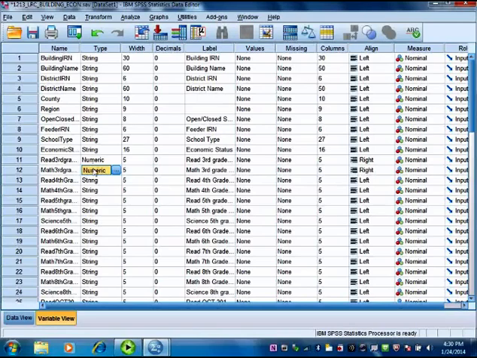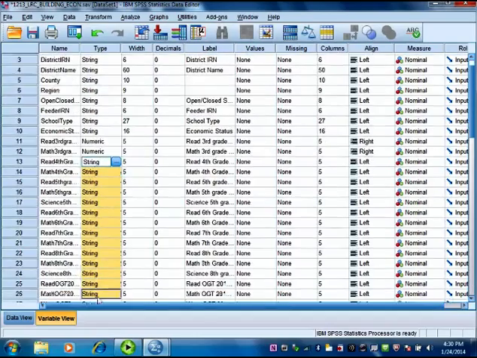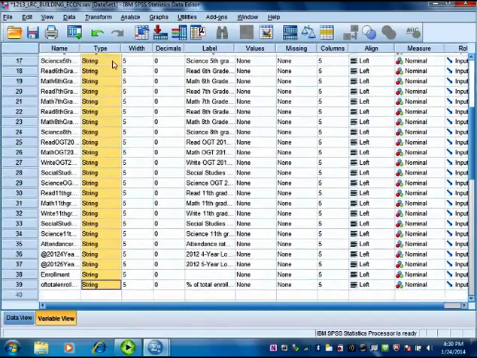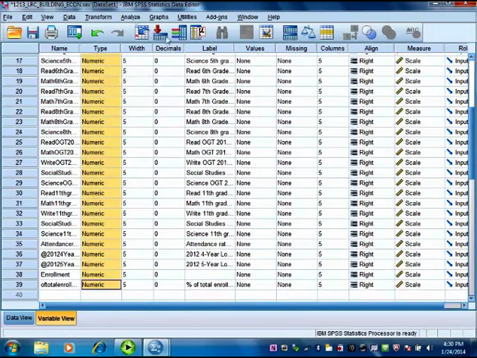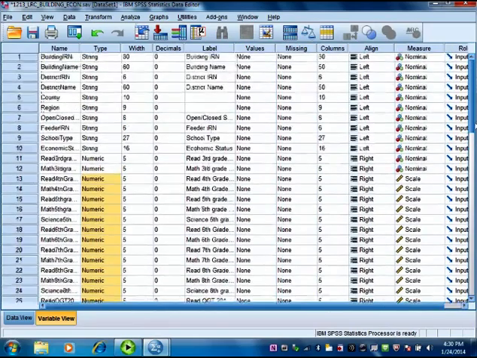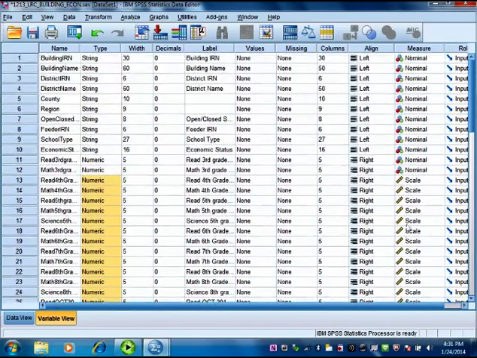Another way to do it is to right mouse click and say copy. Since these are all going to be continuous in numeric format, you can copy the numeric and paste it. So the whole data type is changed to scale, ratio, a continuous variable instead of a nominal variable. And also, since this is a continuous variable, you might want your decimals to be changed